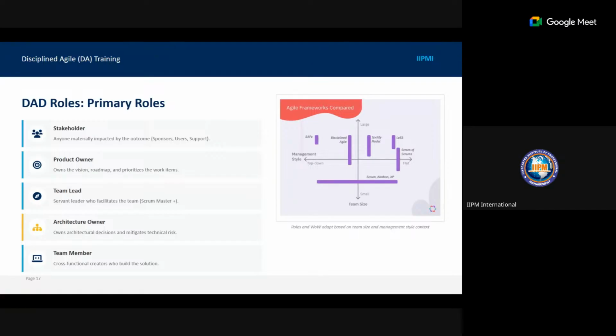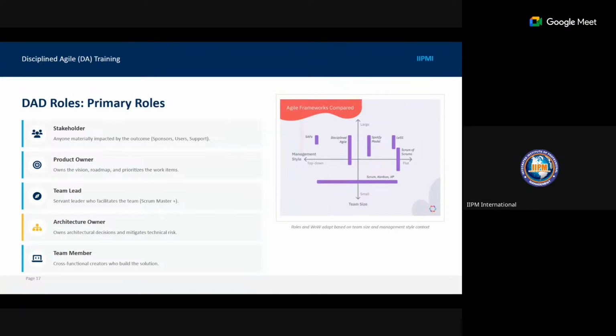So when you look at Disciplined Agile Delivery roles, you see a bit of resemblance. But you also notice that there you have stakeholder, product owner, team lead, architecture owner, and then the team member. Your stakeholder is anyone materially impacted by the outcome.